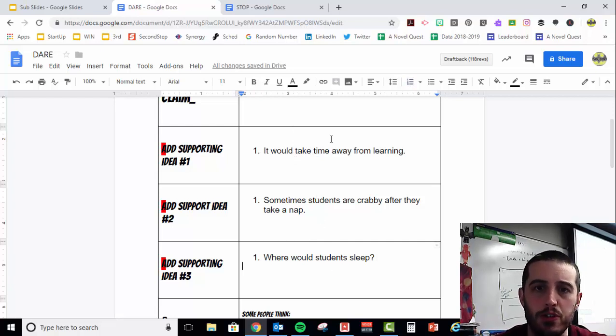Now, when you do your persuasive writing, each one of these ideas is actually an entire paragraph. Okay? So you would need to add a lot more information about why would it take away from learning? How would it take away from learning? Why do they get crabby after they take a nap? If you can't write an entire paragraph about that reason, it's probably not enough of a reason to put in